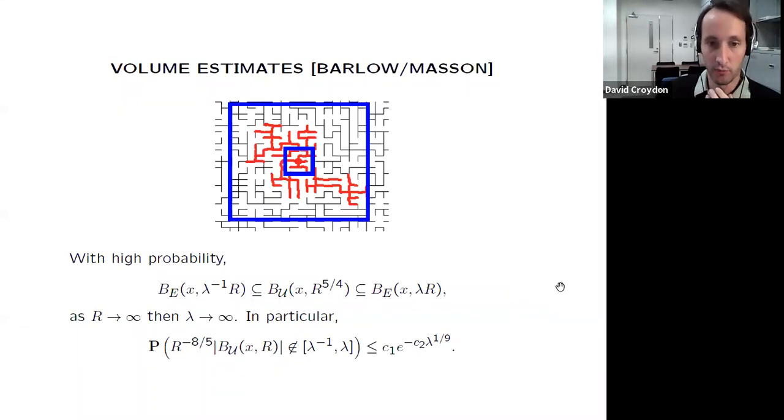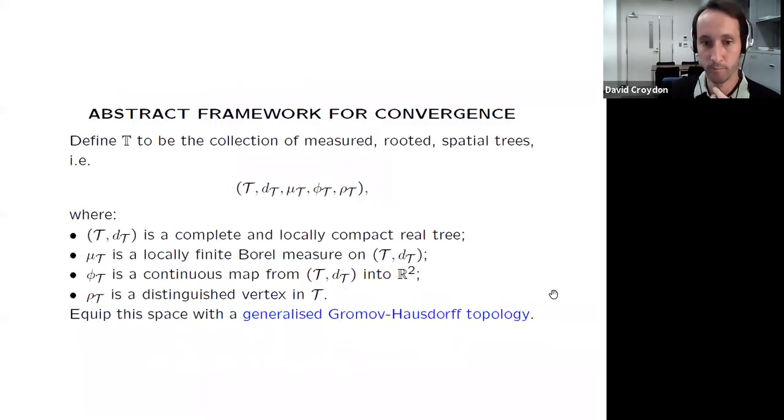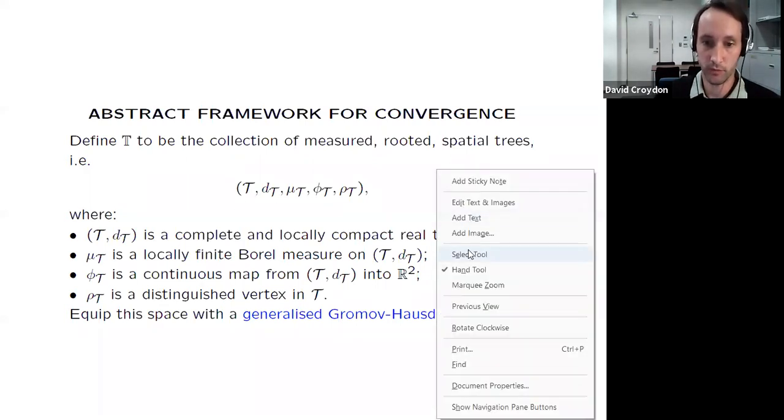So this is where we were starting from, and our question is, can we refine the topology of Schramm using this kind of information? This is really our goal. And so here's the framework in which we chose to work to encode all of the information we wanted. Before I talk about the topology we care about, I'll talk about the objects that we use to encode the uniform spanning tree.